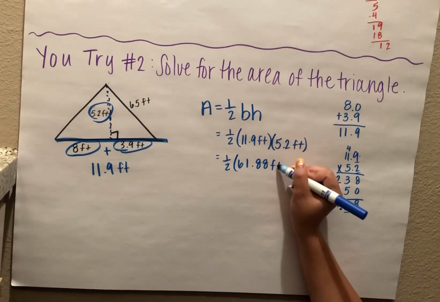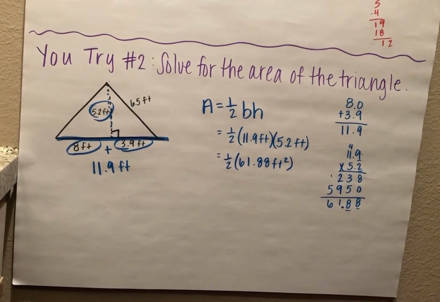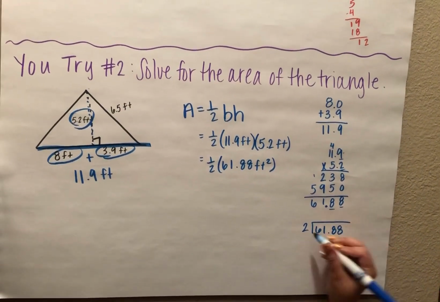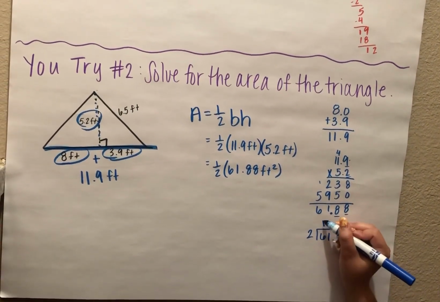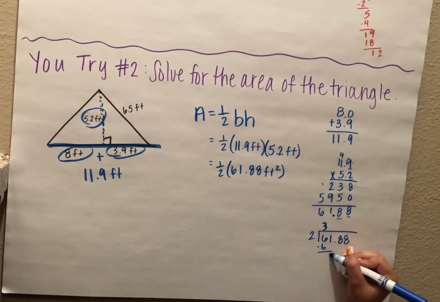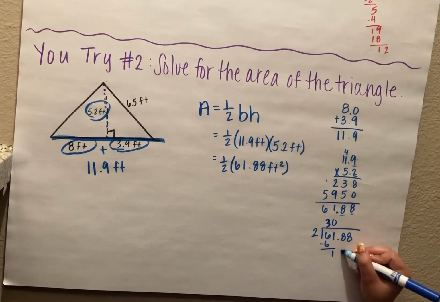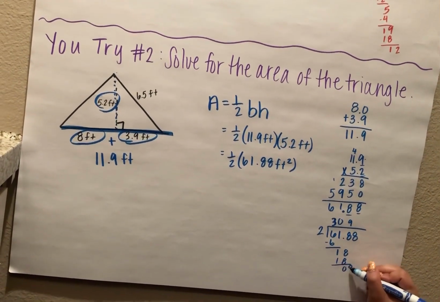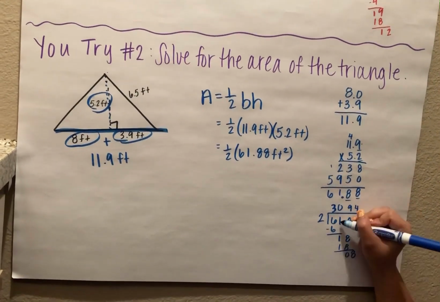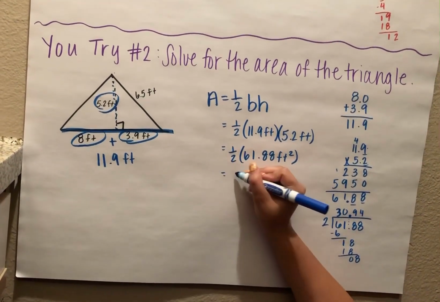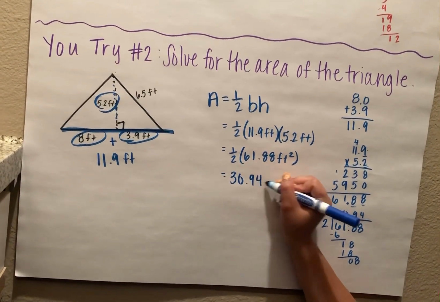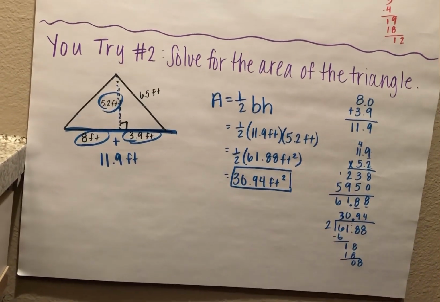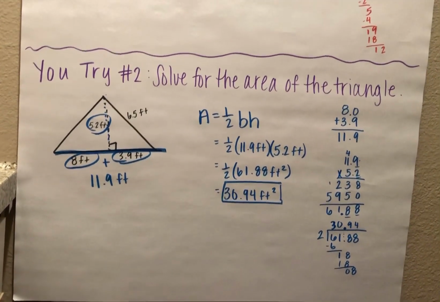Now I know that multiplying by a half is the same as dividing by 2. So I'm going to divide by 2. 2 goes into 6 3 times. 2 goes into 1 0 times. 2 goes into 18 9 times. And 2 goes into 8 4 times. Bring up that decimal. Final answer is 30.94 feet squared. Notice that is the same answer we got from U-try number 1 using the same triangle and